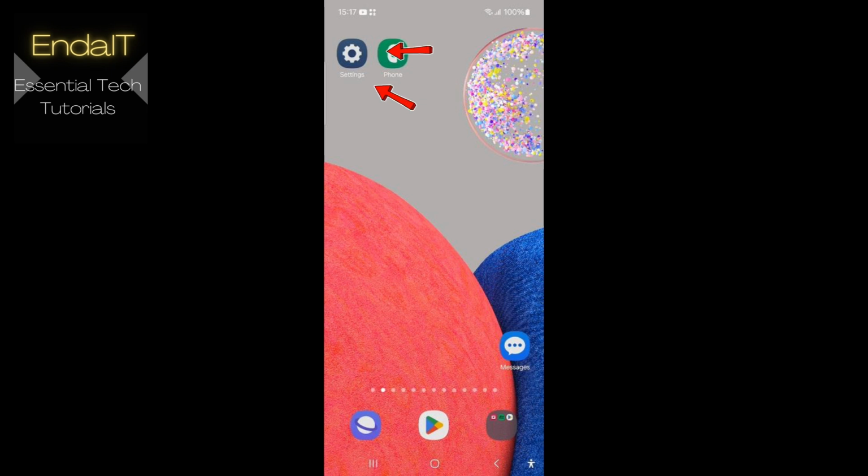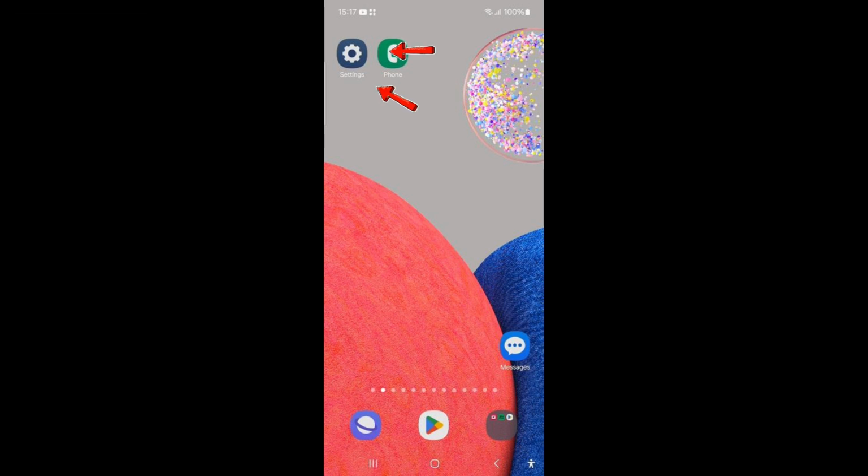In this video, you'll learn how to disable the auto blocker feature on your Samsung phone. Designed to enhance security, the auto blocker protects your device by preventing unauthorized apps and potentially harmful activities. While this feature is great for keeping your phone safe, there may be a time that you have to switch